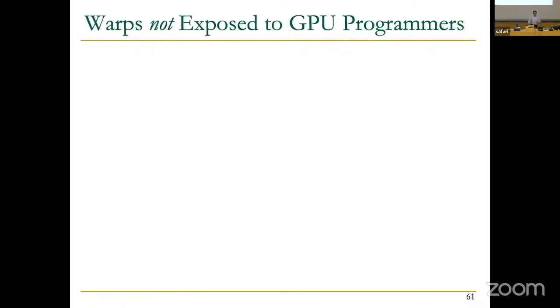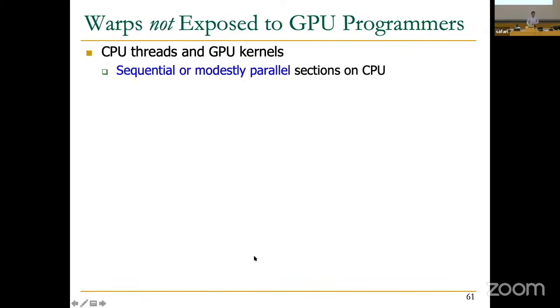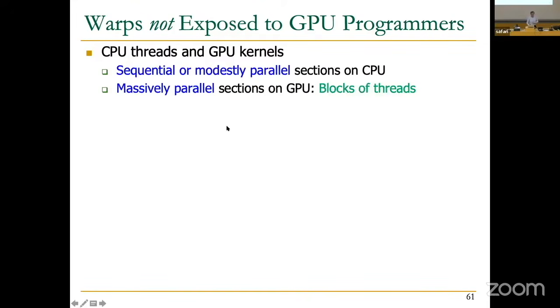I should say that in existing GPUs, warps are not exposed to programmers. I mentioned this, but let's clarify this. So you have CPU threads. In GPUs, it's also called kernels, for example. These are sequential or modestly parallel sections on CPU, but you have massively parallel sections on GPU. These are called blocks of threads. So when you program, actually, you have some serial code. Usually it makes sense to execute this serial code on the CPU, because the GPU is kind of a